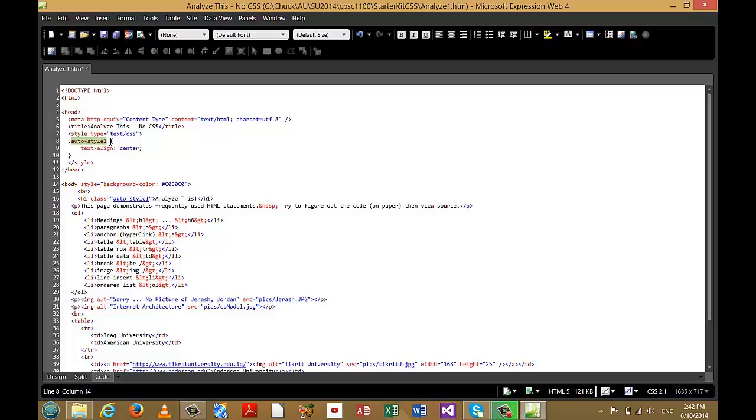Because this is an HTML generator, Expression Web is generating the HTML and the CSS, it doesn't know how to provide a descriptive name, so it uses the generic naming convention of the first rule I create is auto-style 1, the second rule I create is auto-style 2, and there's nothing to say that you can't go in and change that. So where it says auto-style 1, if that's going to be centering the heading, I could say